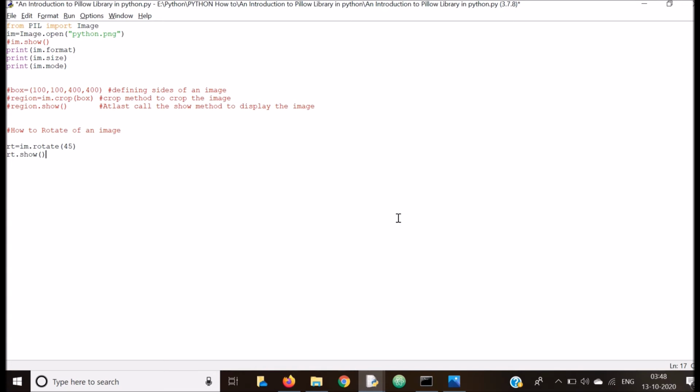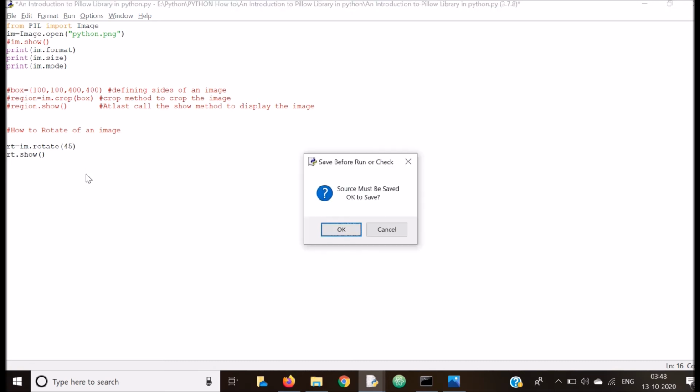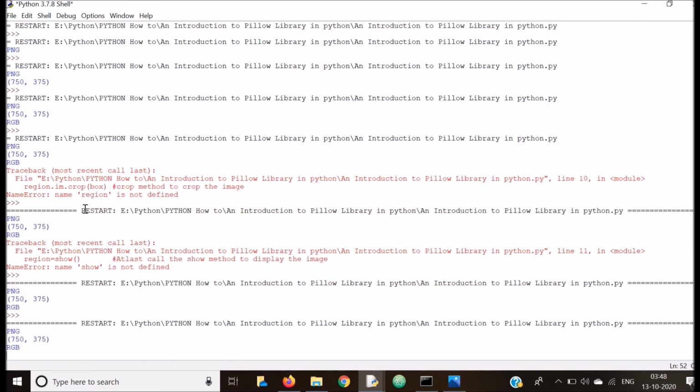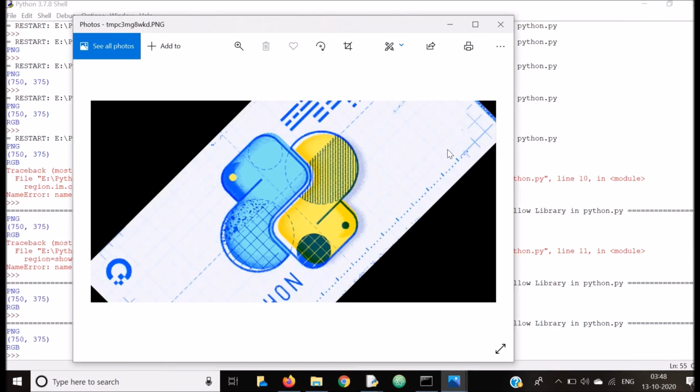We are using the rotate method to rotate the image, and we are passing the value of at which angle we want to rotate. And at last call the show method to display the image. See, the image gets rotated at a 45-degree angle.